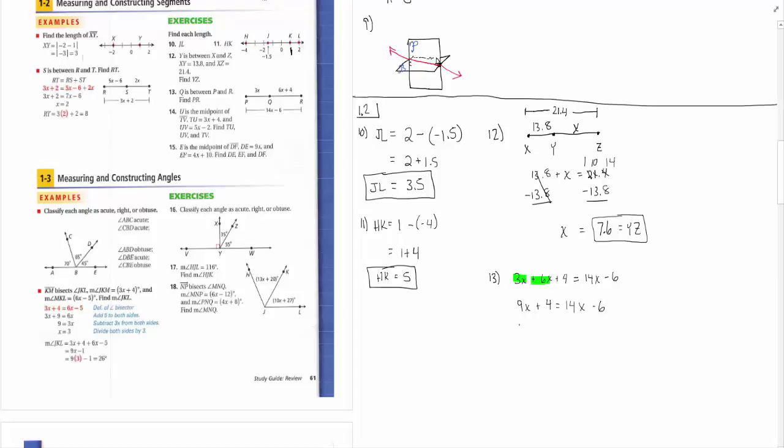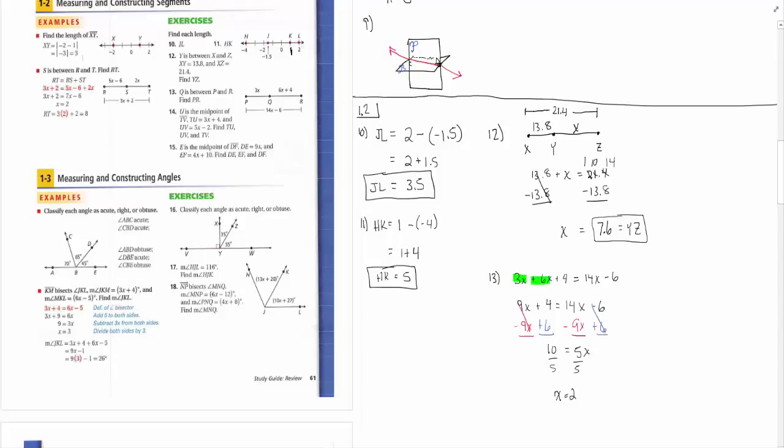We're going to go ahead and get our x's together. Those will cancel. I'll go ahead then at the same time get my numbers together. So add 6 and add 6. And we end up with 10 equals, and that's going to be 5x. So if you divide by 5,